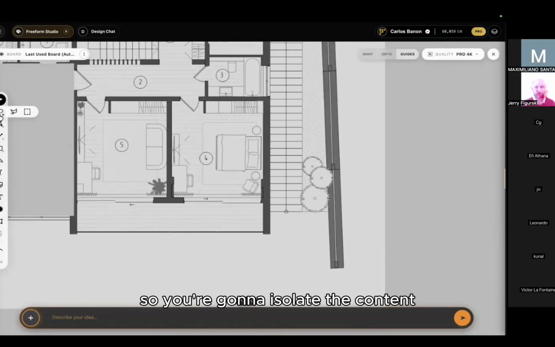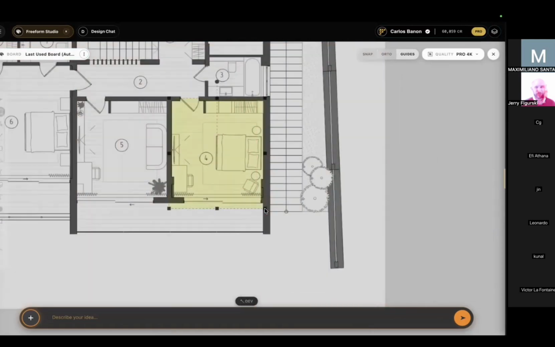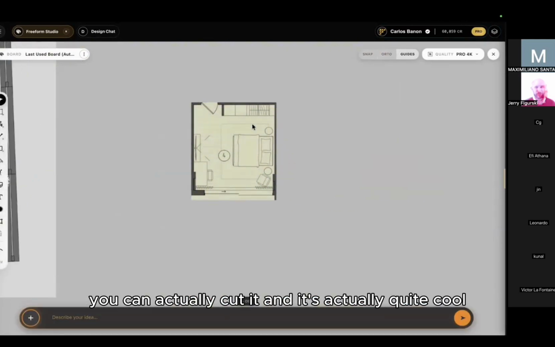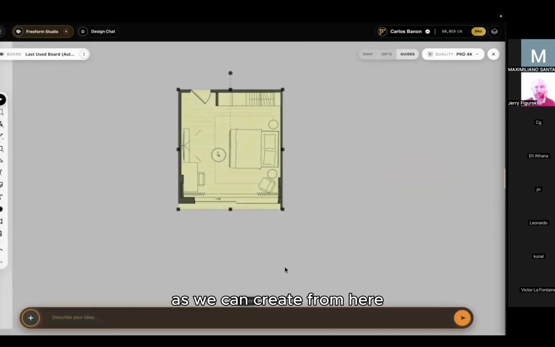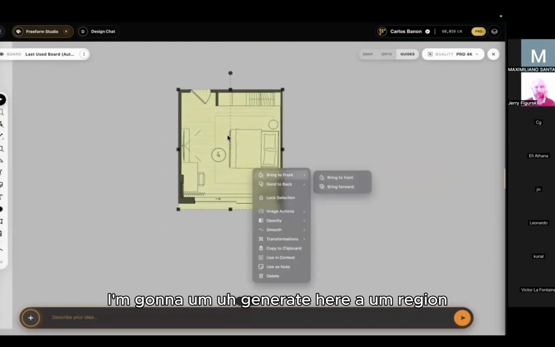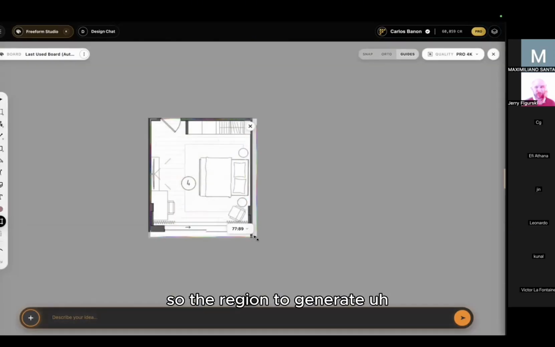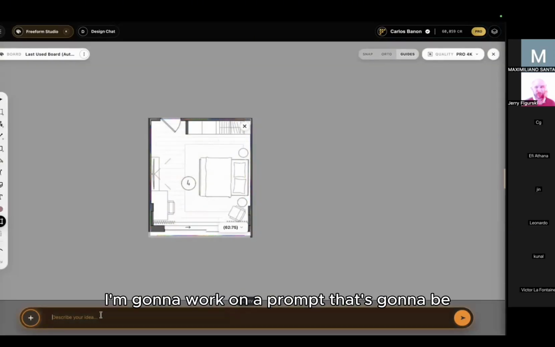So you're going to isolate the context. You can go here for the cutting tool. You can basically cut it, and then you're going to take it here. From any image you can actually cut it, and it's quite cool. I'm going to generate here a region. For the region to generate, I'm going to work on a prompt that says: show this floor plan in a realistic view